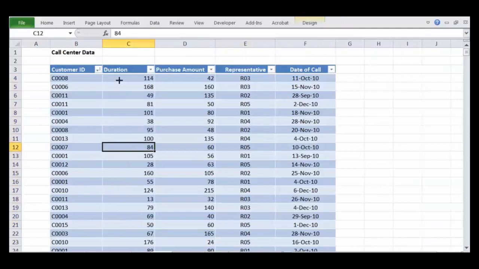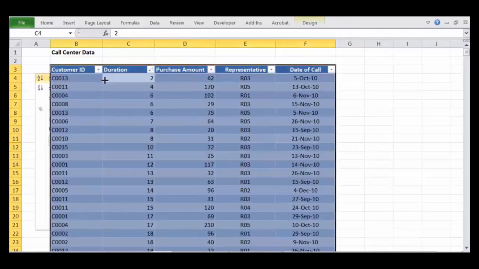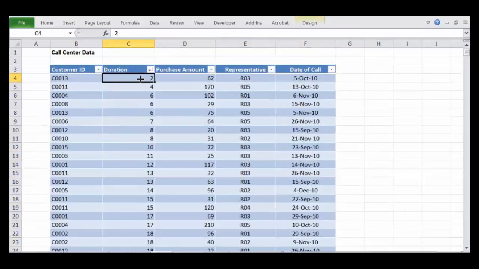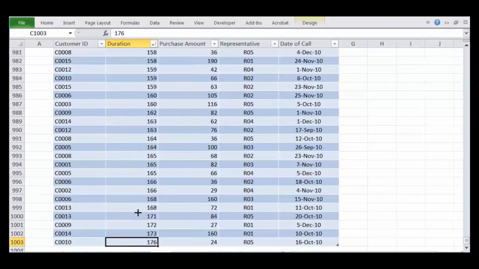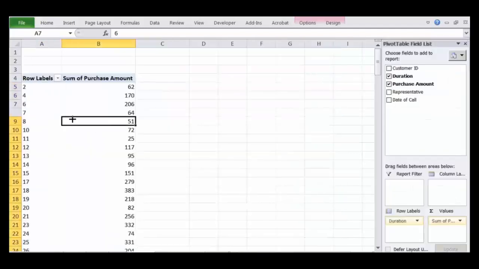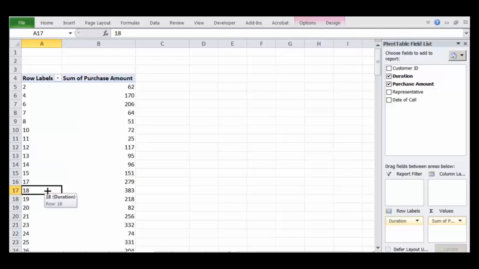See, the call duration can be, if I sort it, 2 seconds to a lot more, 176 seconds, right? What I want is to get an idea whether the higher duration calls are getting me more money or lower duration calls are getting me more money, right?